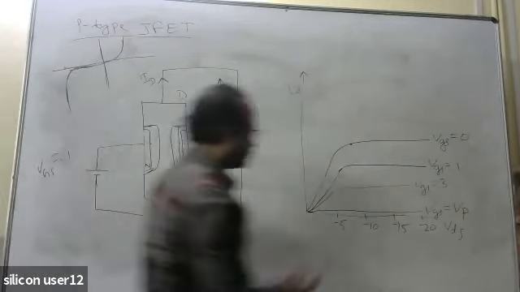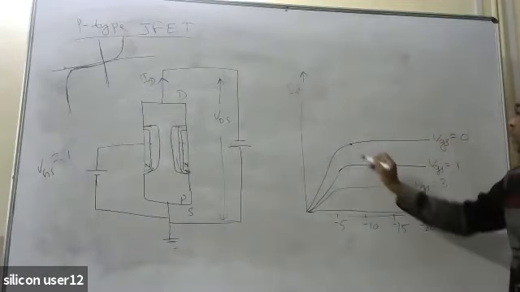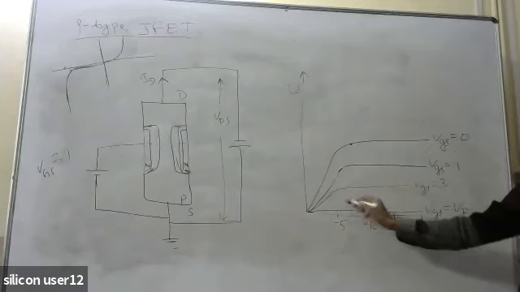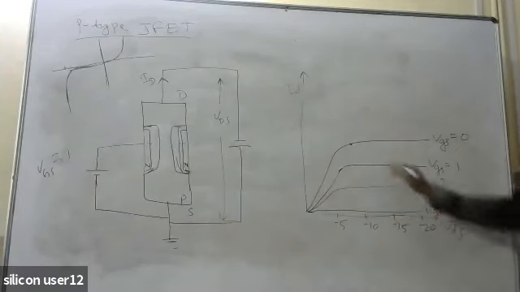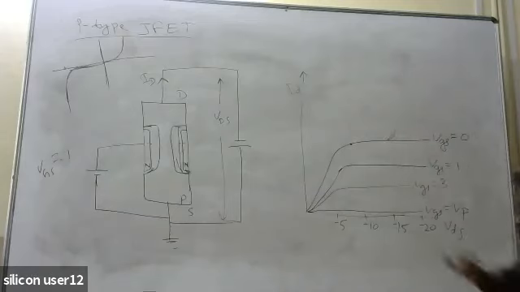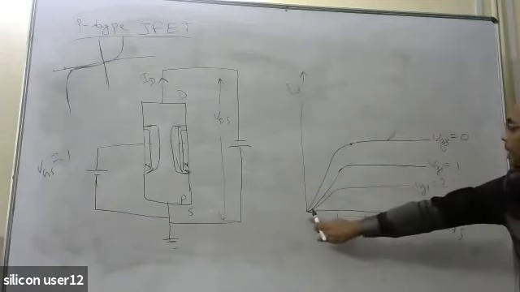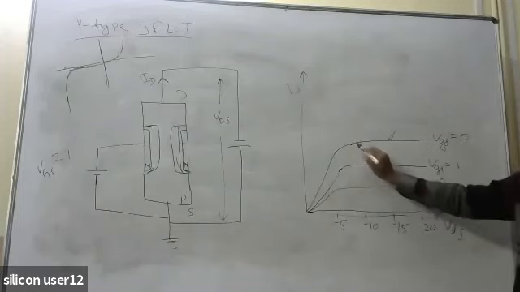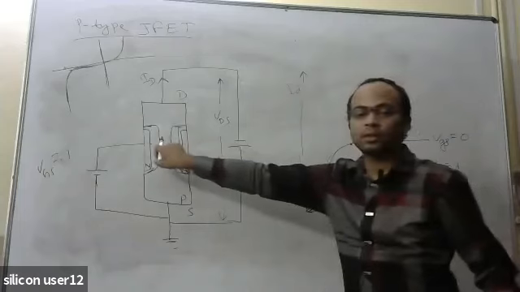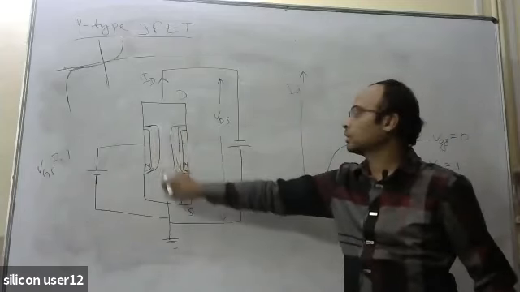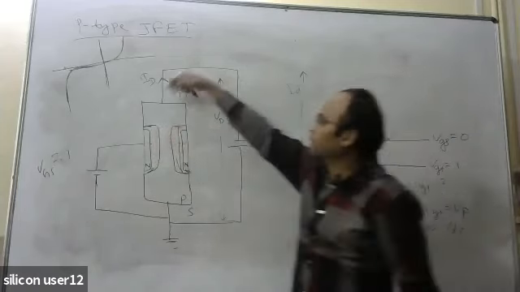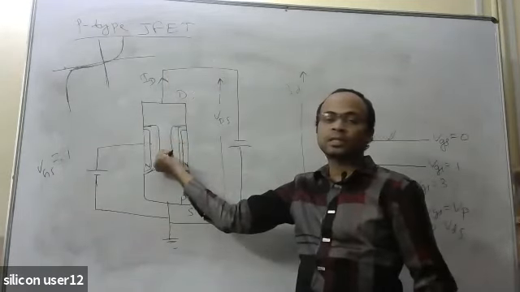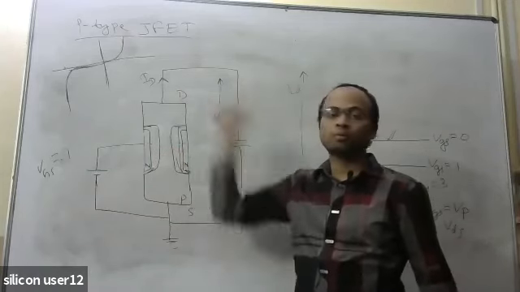Similarly, what is basically happening here when you are increasing the VDS? Suppose I am talking about this first curve, where VGS is now 0. Initially VGS is slightly large. Up to this point the current is increasing, but at this point what is happening? They are touching each other. Since they are touching each other, there is no path. Here it is trying to pull, but since the depletion regions have touched each other, the current is not able to flow.